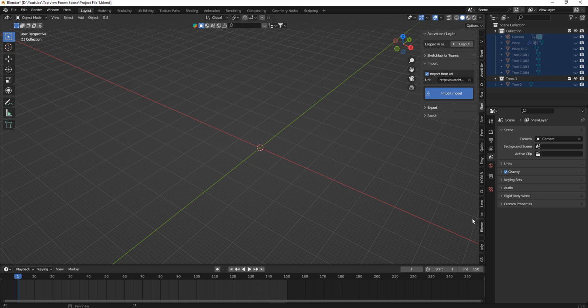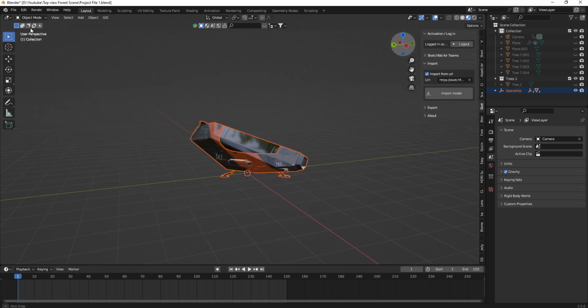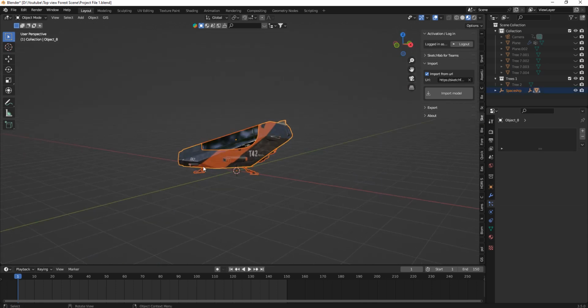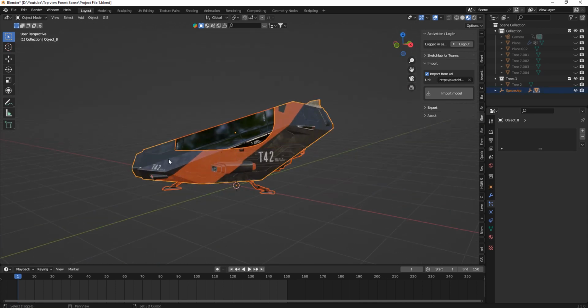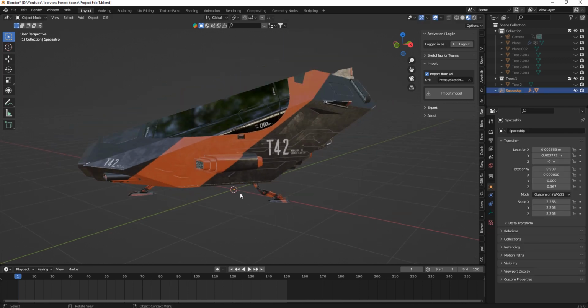And you might have to wait based on the heaviness of the model that you are importing. In this case, I don't think it's going to take that much, as you can see. So what I'm going to do is see what I have by clicking this material preview. Then I'm going to select everything like this and join them, just join everything like this, and then it's parented to